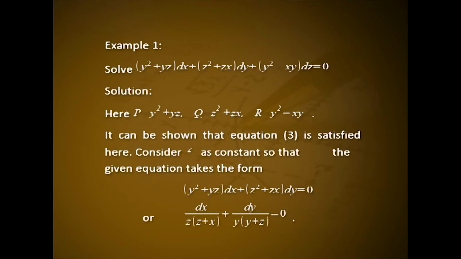It can be shown that equation 3 is satisfied here. Consider z as constant so that the given equation takes the form (y² + yz) dx + (z² + zx) dy = 0. That is, dx/(z(z + x)) + dy/(y(y + z)) = 0. Integrate it to get log(z + x) + log y − log(y + z) = a constant,